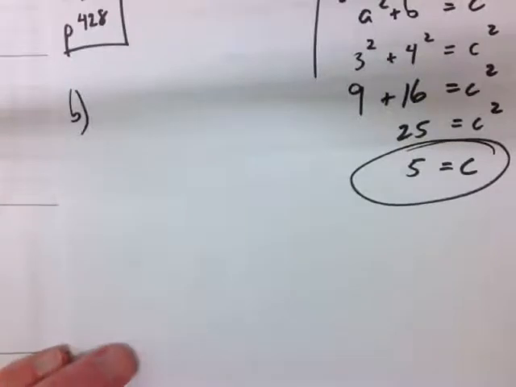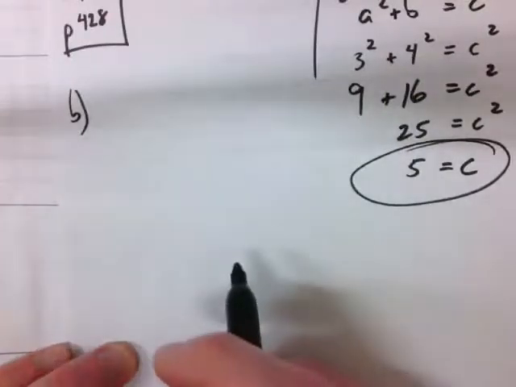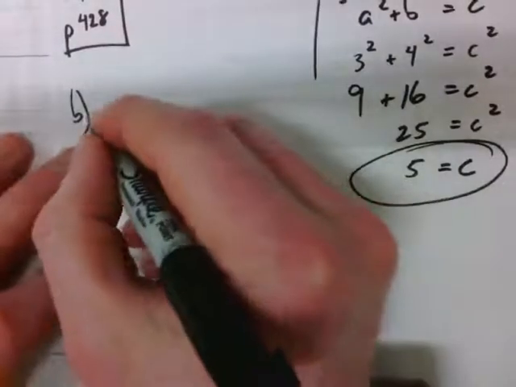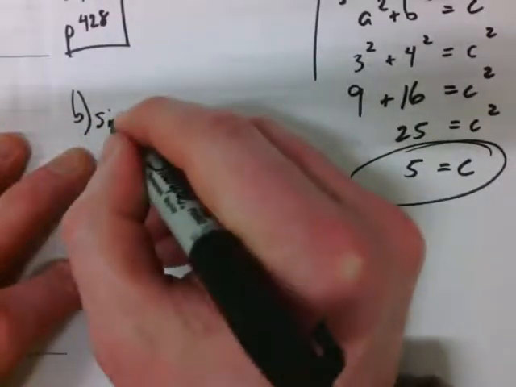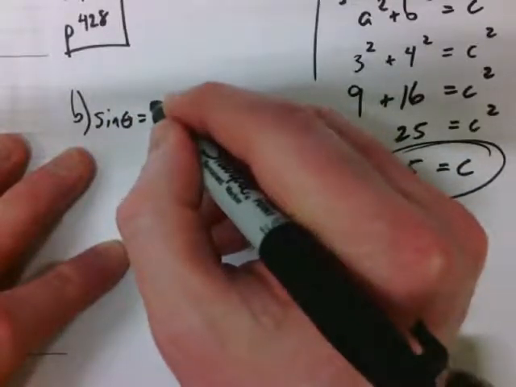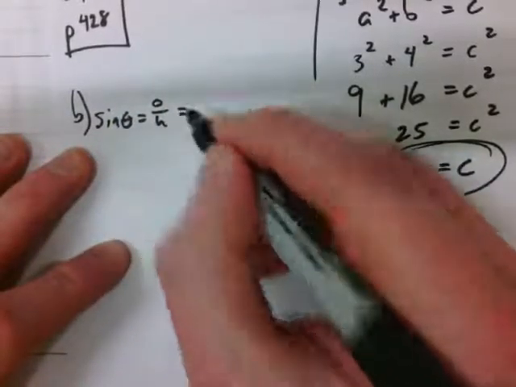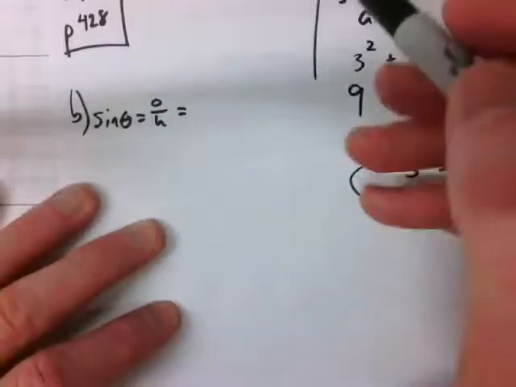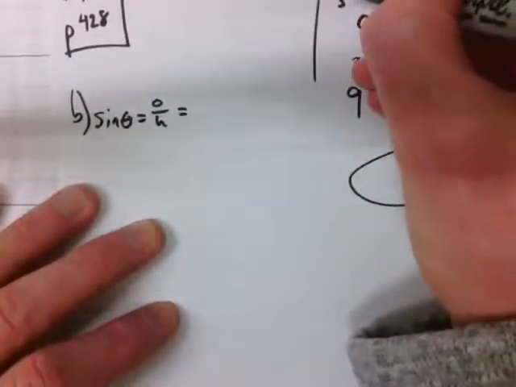B says determine the primary trig ratios of theta. Okay, so remember, SOHCAHTOA, sine of theta equals opposite over hypotenuse. So the opposite side here, from this angle, remember this is the angle we're talking about,